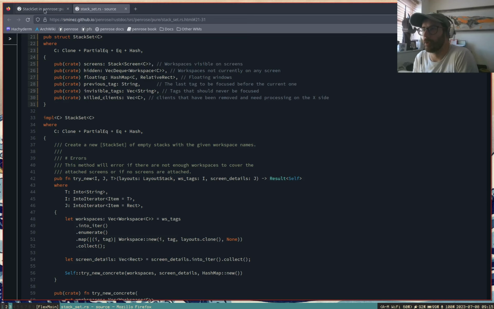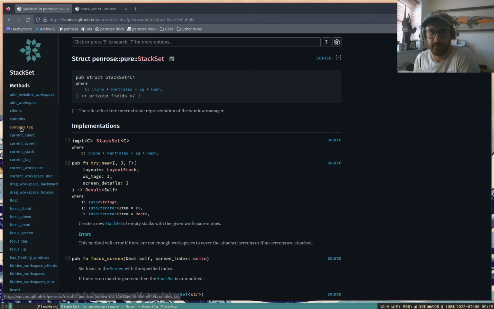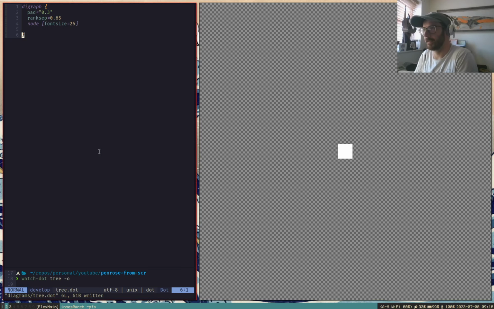And then we'll have a little bit of a tour of, once we've gone through that, we should be able to have a look at some of these methods and see kind of what they are doing under the hood in reference to how this data structure works. So the whole thing is kind of a big tree. And so to help have a look at this,